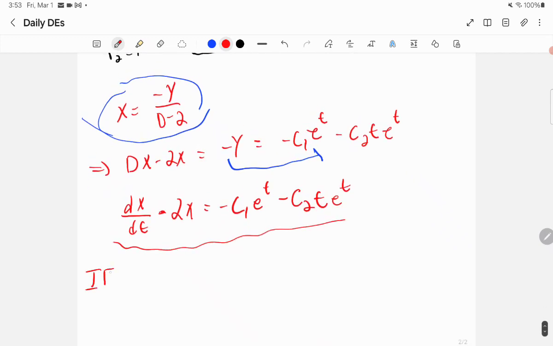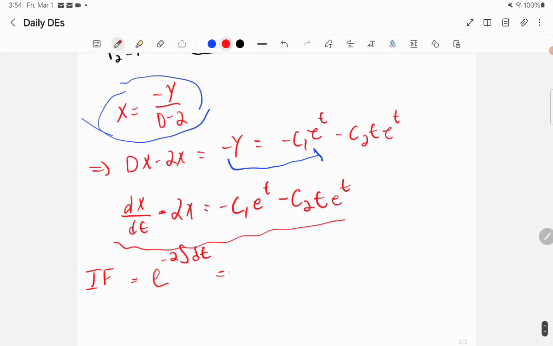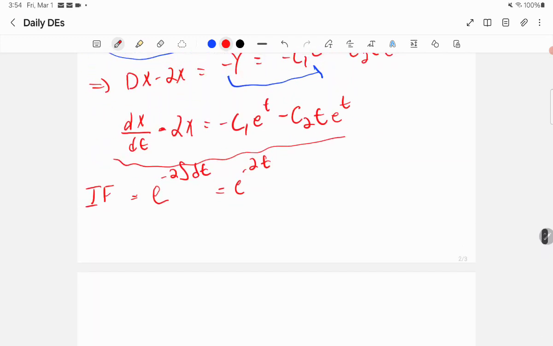So my integrating factor is going to be equal to e to the minus 2 times the integral of dt. Okay? Which is obviously just e to the minus 2 times t. And I can then use the integrating factor, right? So after doing the integrating factor, I'm not going to go over how to do that. You can remind yourself. But essentially, we'd end up with e to the minus 2t times x is equal to